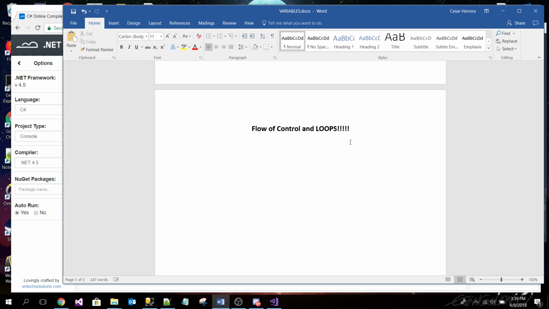But this is important because what we're going to do today is flow control, like programming flow control and loops. Okay, so flow control of programs. Let me add it in here. They're pretty straightforward, but I think it's important for us to bang on it a few times to make it solid.